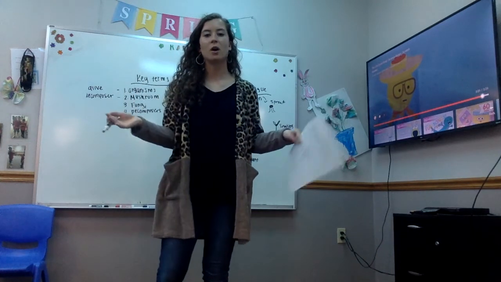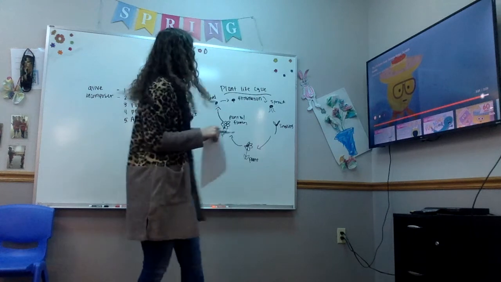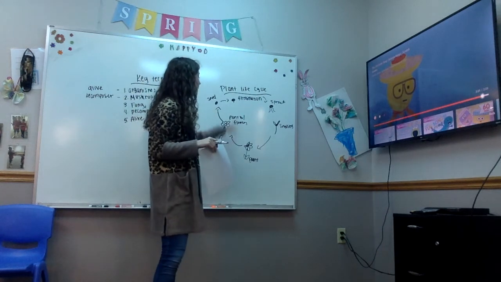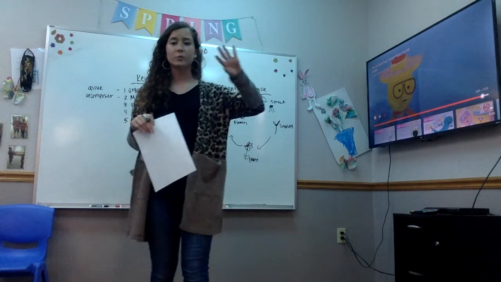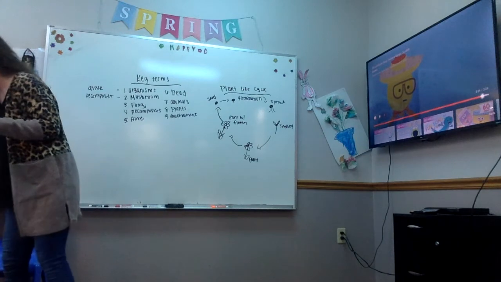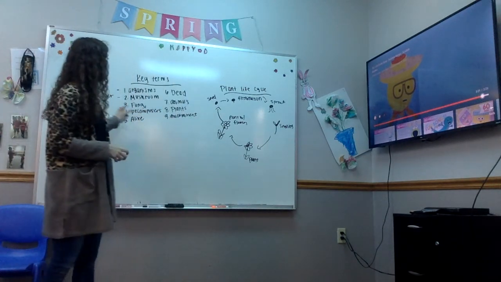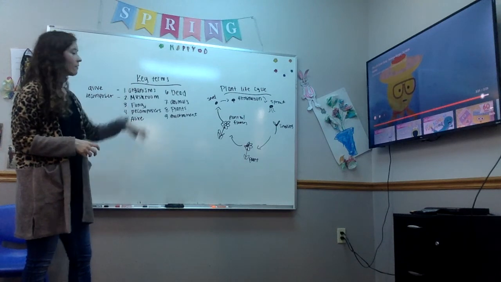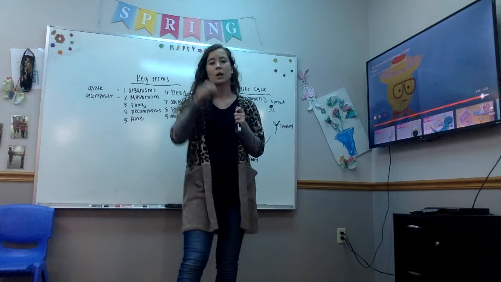And this is the same concept for the animal life cycle as well. Once you have something and it's grown, it'll eventually die or reproduce. So that's just a little example of our plant life cycle. And all of our key terms play a huge part in every single life cycle that you come in contact with, whether that's plant or animal.